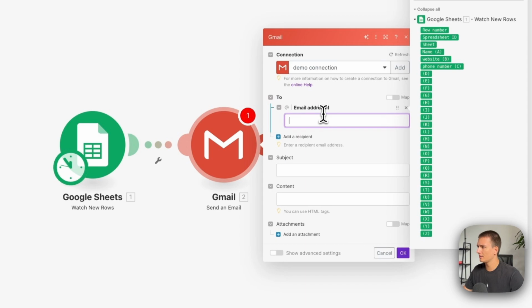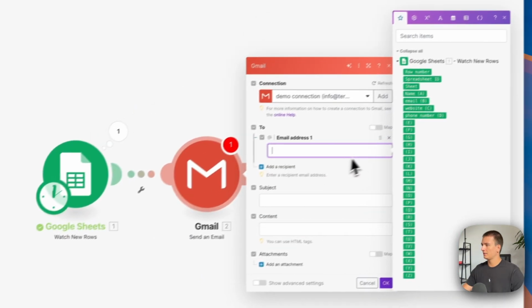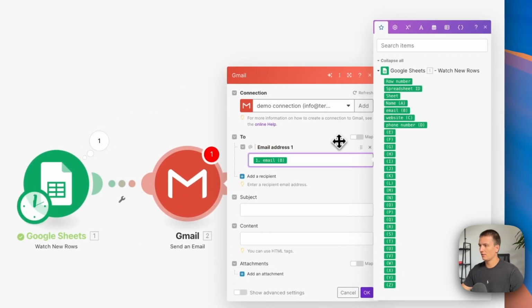Alright, so in this part I actually had to redo the first module because the columns didn't register. So sometimes with Make this is a little bit of a tricky process, but you can always just delete the module and then reselect the sheet, or select another sheet and then select the original one again to reset the columns. Alright, then we fill out email in this field, so that's who we're going to send to, and then